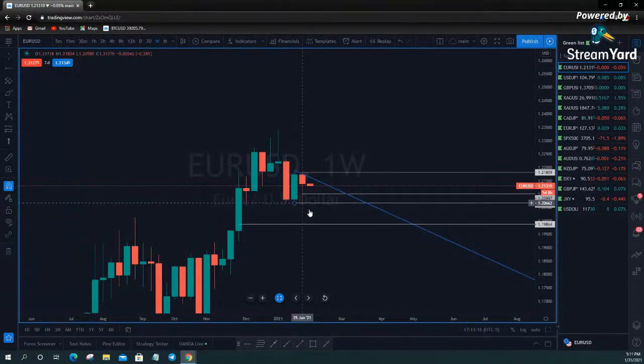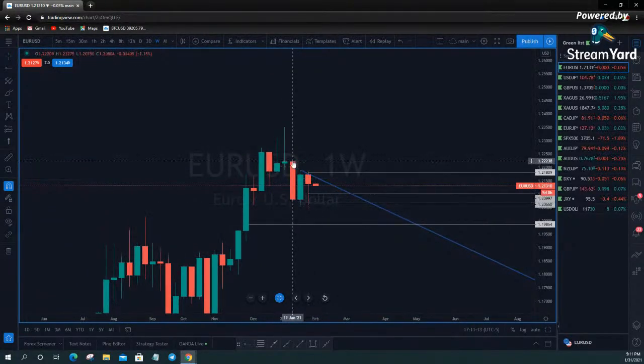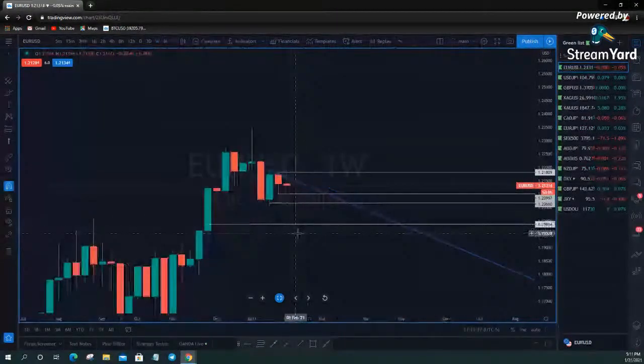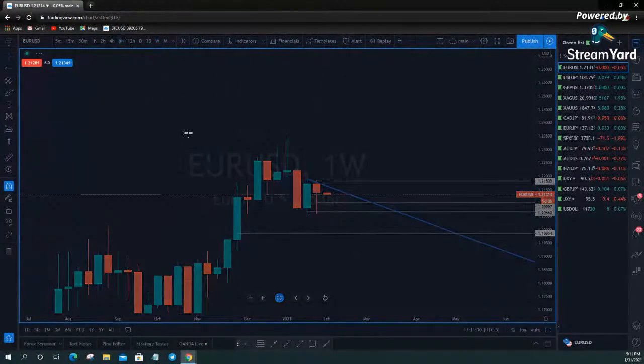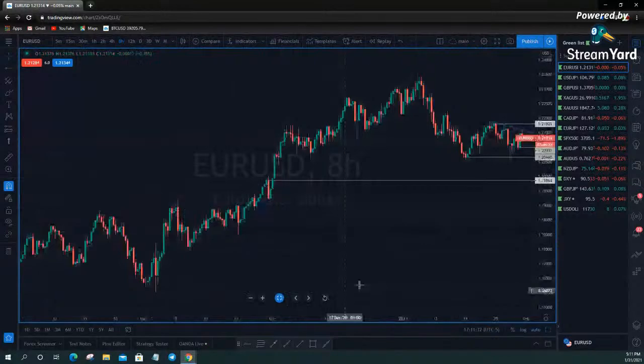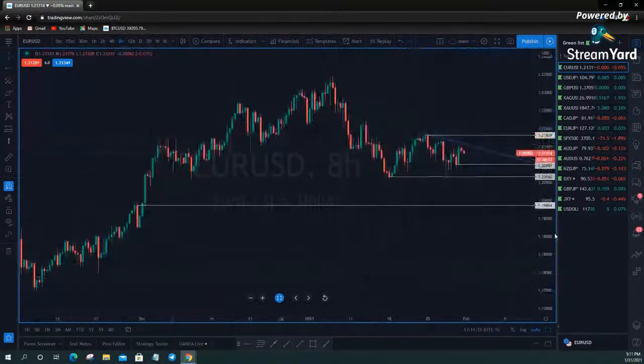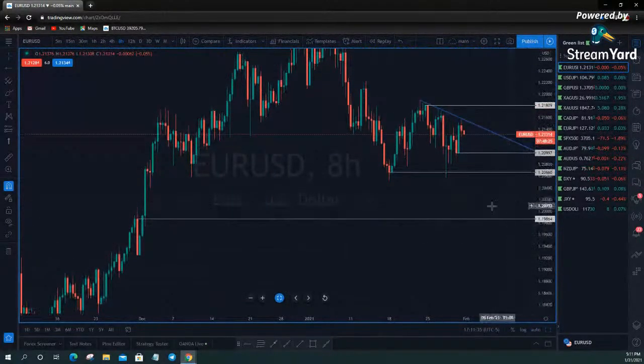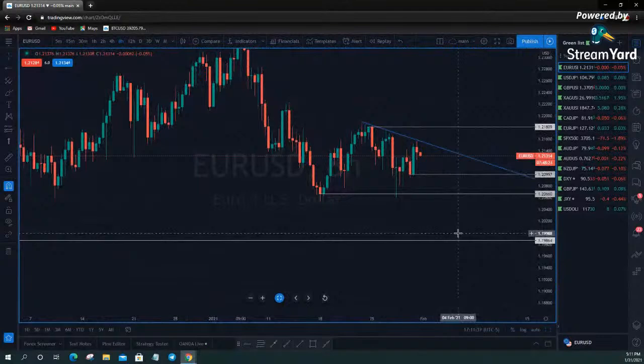But I believe we will take out of there, as this week wasn't a complete inside week because we did wick down lower than this, but it is an inside, the body traded inside this candle's body, and same with this weekly candle here. So you have essentially 2 weeks that have done absolutely nothing. This thing has been range bound. But we can capitalize on range bound movements as well. We don't generally like to. I like to look for the daily range expansion, and for a swing trade, the weekly range expansion.